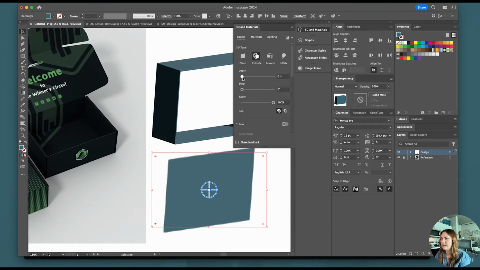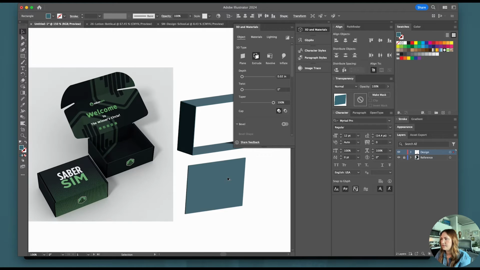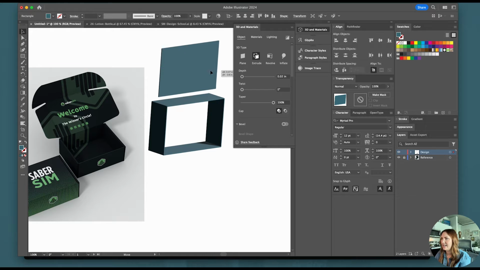pretty thin. I want it to have a little bit of weight, which is why I'm not using plane. Plane will make the shape 3D, but it'll make it very flat. You won't have any depth options. So since I want a little bit of depth, I'm going to use extrude still. And I think 0.2 on the nose is going to give me what I want there. So again, I'm going to put that to the side because that is going to be the bottom of our